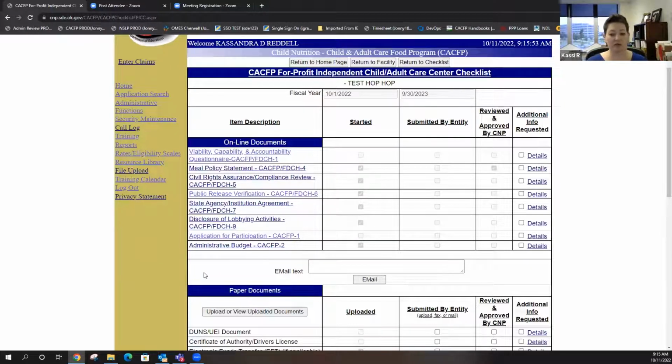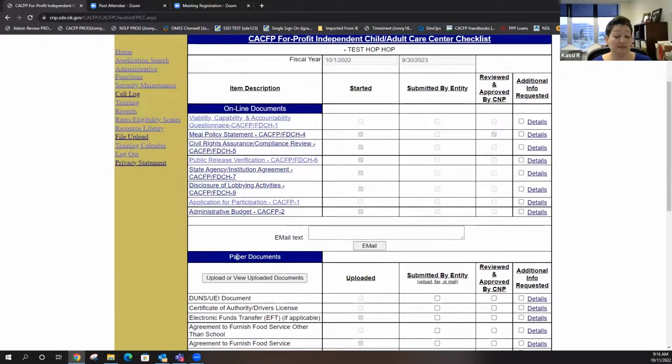We kind of made it tricky to have that form appear because people were filling out that at-risk form that it didn't apply to. So you only see that at-risk form if you're at risk now. You only see the adult questionnaire if you are an adult program. Okay, so that's why it's missing from my list, because again, this is a test account. So anyway, you might see some different things.